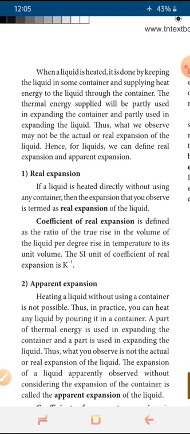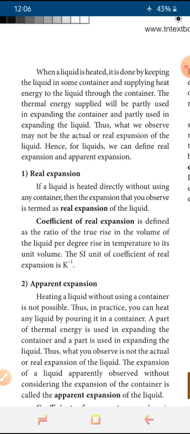When increasing the temperature, the heat energy and the temperature of liquids and gases also increase, and as a result they give more expansion. For example, after riding a long distance, the bike and car tires get heated, and due to that the gas filled inside the tube also expands due to the heat. First we'll see that this expansion can be explained with two expansions.